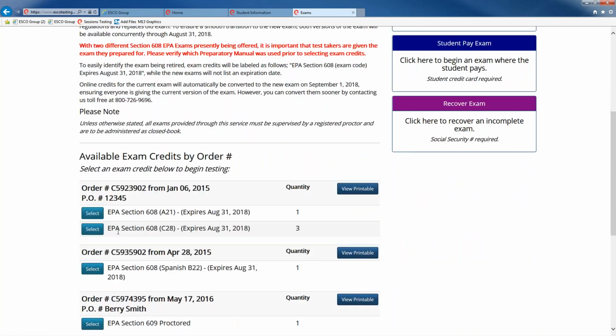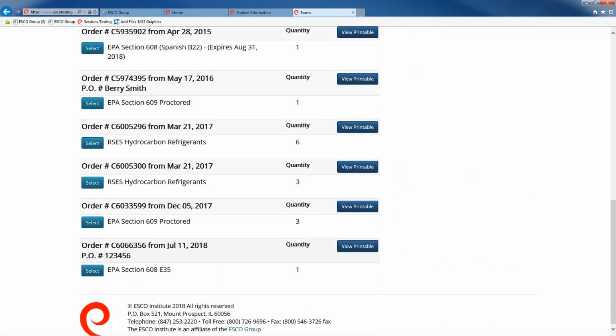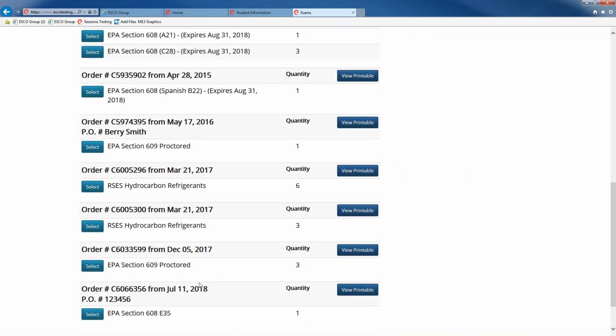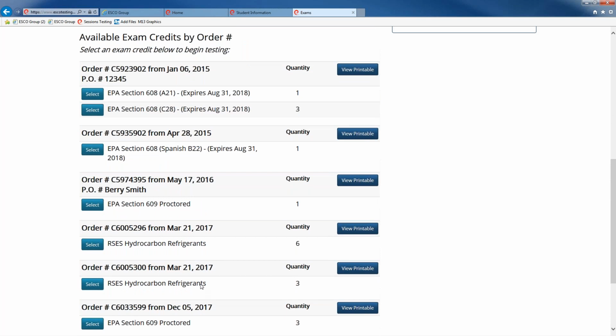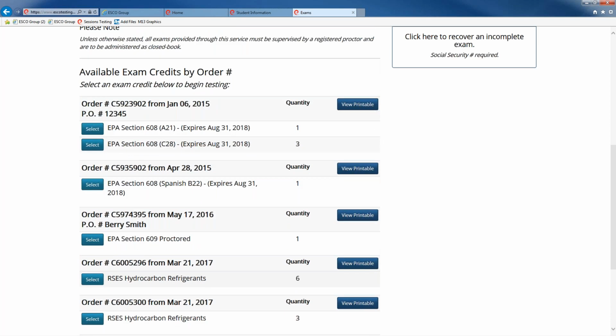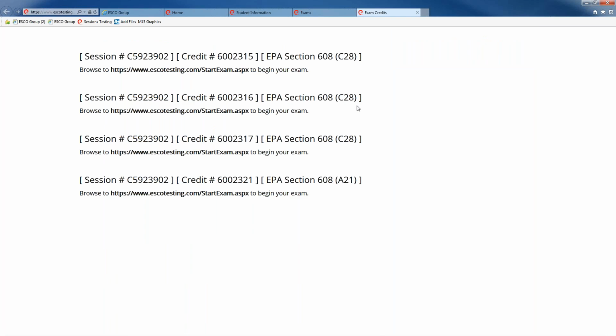But the other thing that we can do, if you have multiple people that you want to test at one time, rather than sitting at each individual computer, logging in and launching a test, is use this newer feature that we call sessions. This button here for View Printable, if you click on that, opens a new tab in your browser with these sessions and credit numbers.